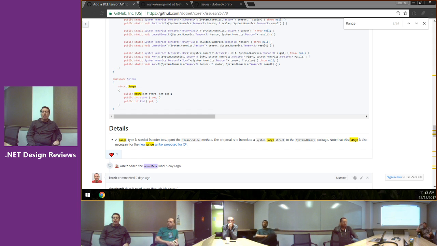No, that's true. But my experience with language features is that they tend to take a long time to mature, and they do tend to change things fairly drastically along the way. So if we ship a version of Range based on the current language proposal, and then the guys change their mind on what they can project to, and then we have to introduce a new type that is different from the one that we